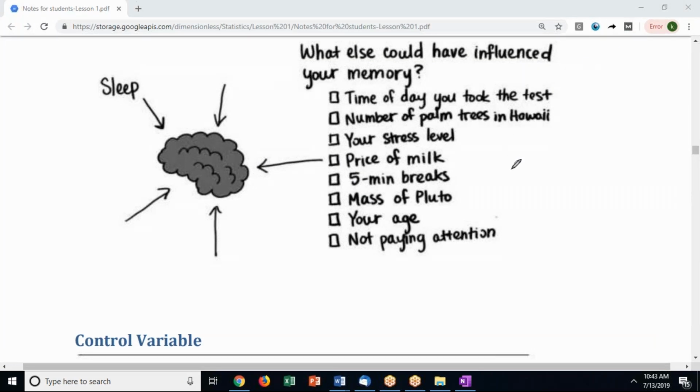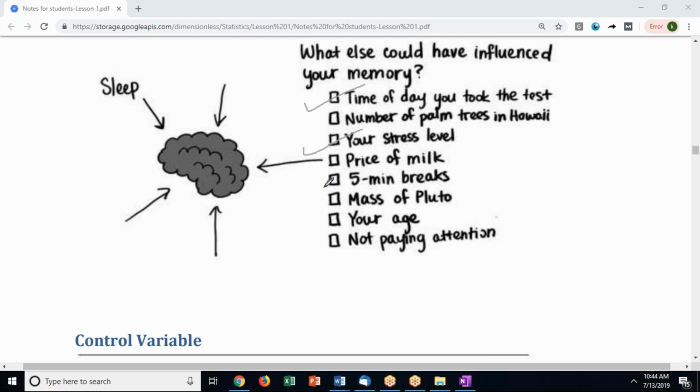Yes, it depends when the tests were taken. Like in the morning, when everybody was fresh, or in the evening, or in the afternoon, or on the weekdays, on the weekend. Not everybody works at the same time, so if you're not fresh at that time, it might matter. Suppose you yourself have to take a test either in the morning or in the afternoon and the night, your performance levels would change, right? So time of the day you took the test will impact your score, your stress levels will impact your score, 5-minute breaks will impact your score,